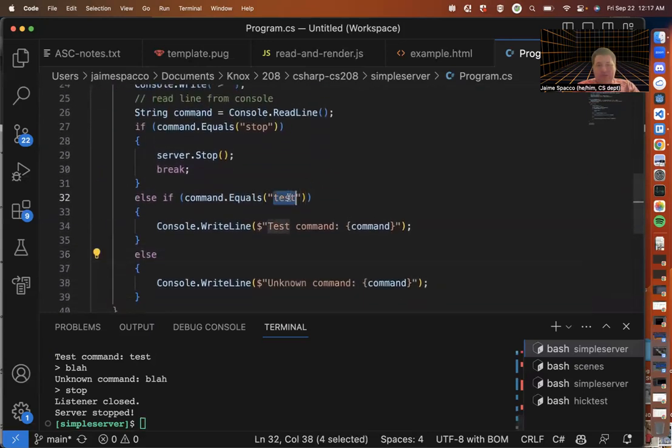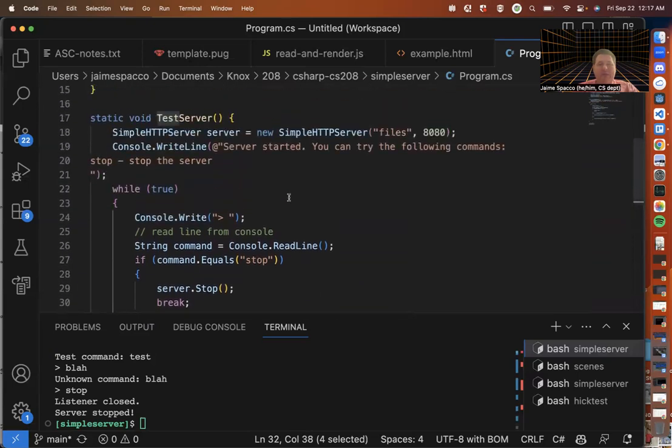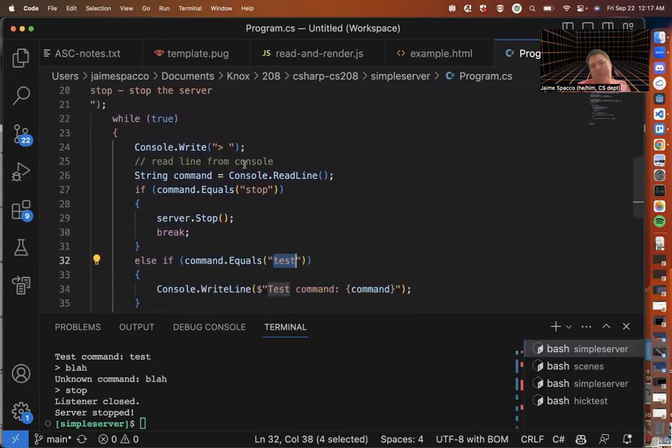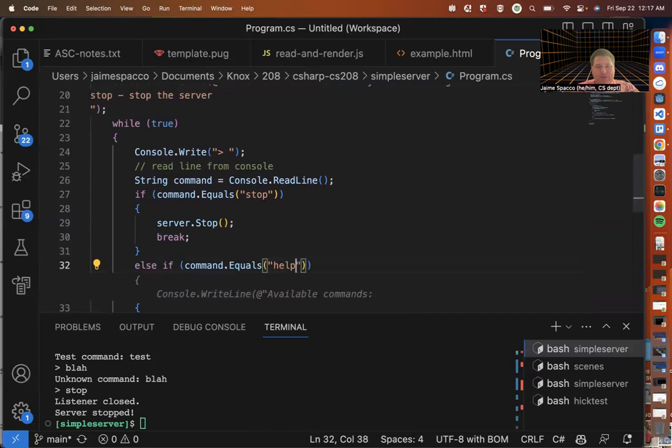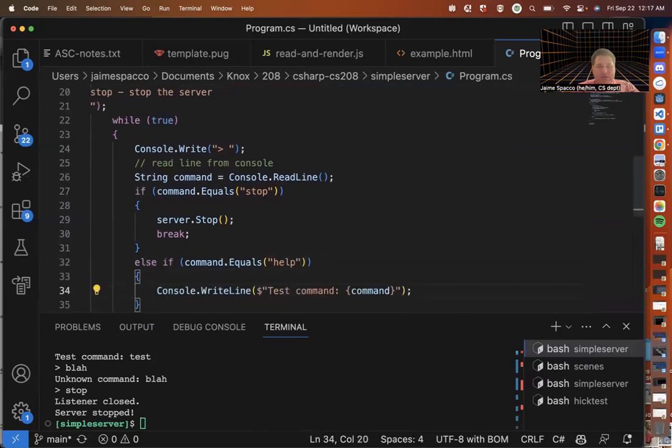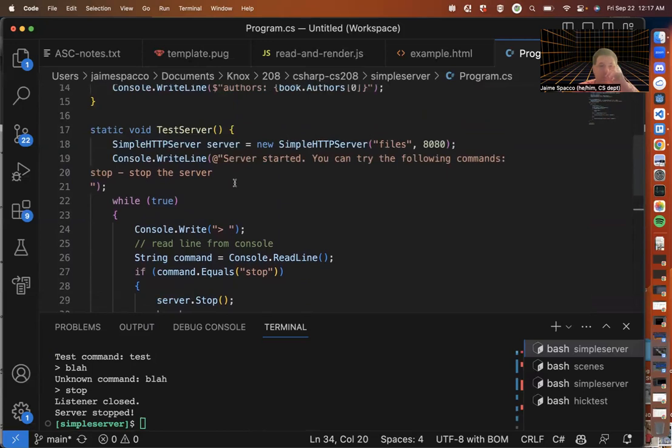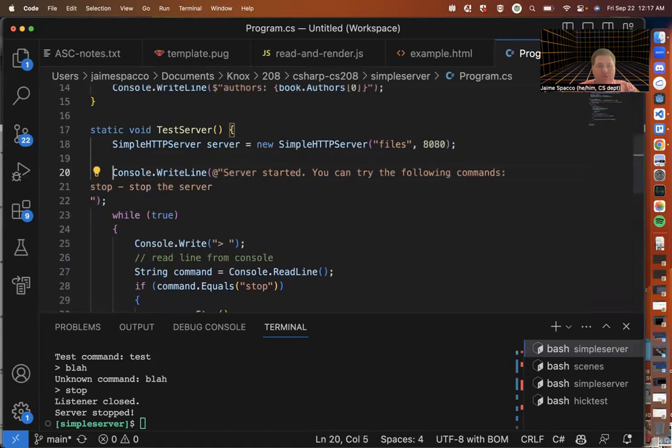Probably what I actually need is, okay. So now, I probably want not to make this test. I want to make this help. And what I want to do for help is basically reprint this message, but with the different things we can do. So I think what I'll do is watch this string